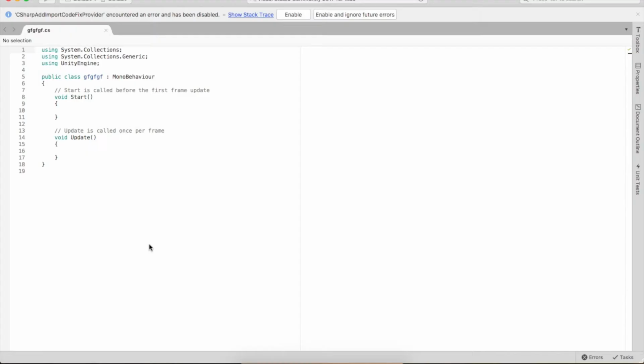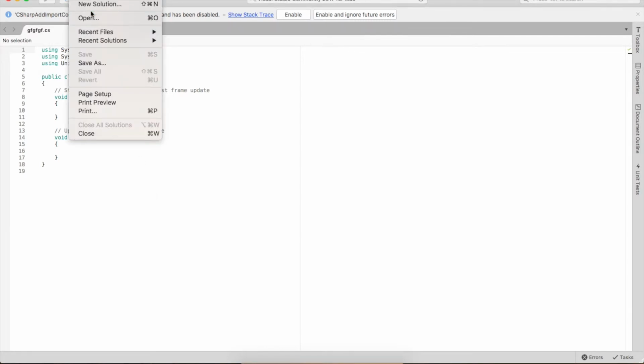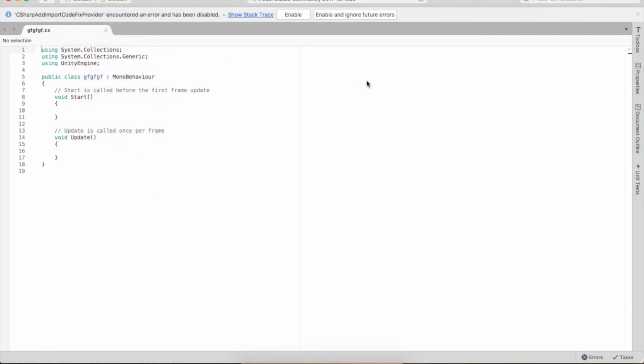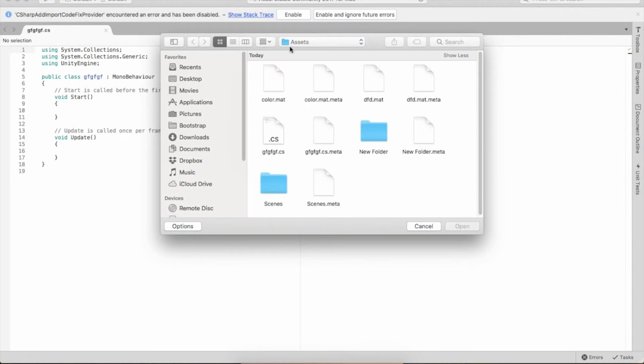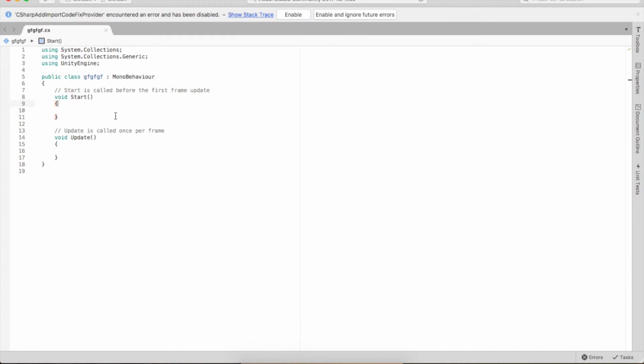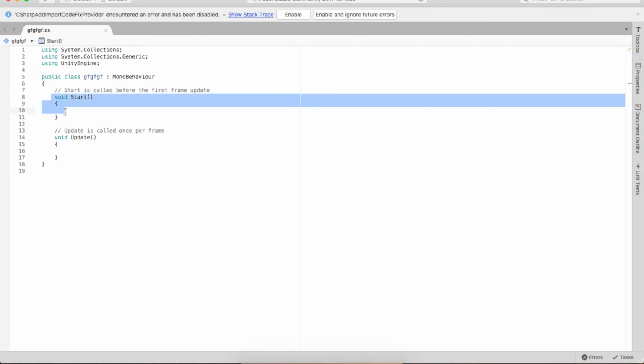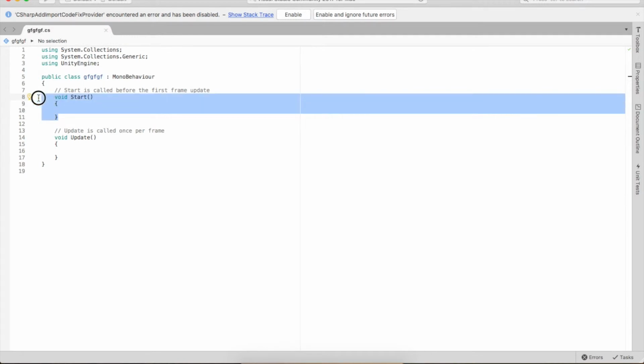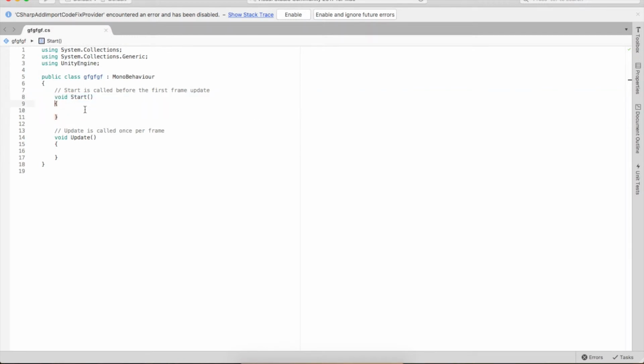the script. So we are going to open the script. Just double click on it and it will open. If it doesn't, you can go to File and Open, and wherever the script is in the assets folder, you can open it from there. Okay, now in the script we have a function, which is the Start function. If you are totally new to programming, if you have zero knowledge about programming, I'm going to give you a brief